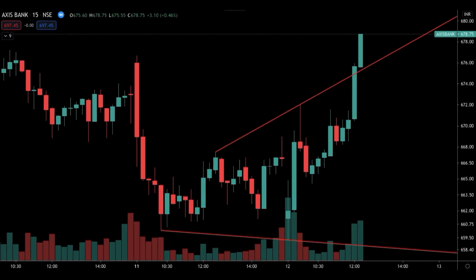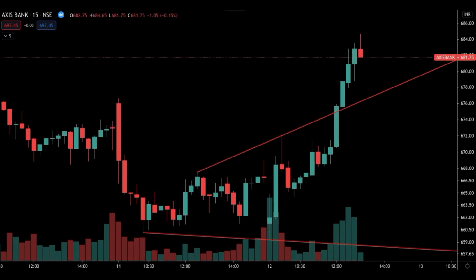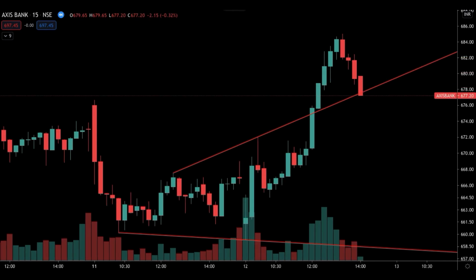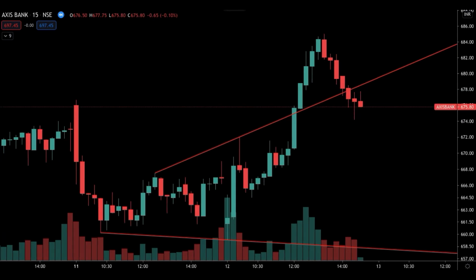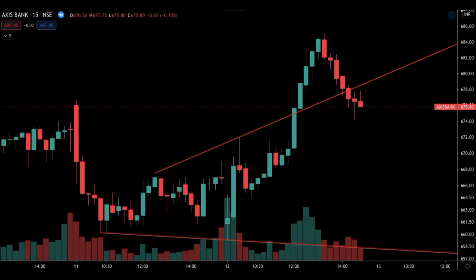Here it gave a breakout. Let's wait for the throwback. It's rising significantly, but a throwback comes. Here we will enter at 678. It gave a breakdown in the channel. We will keep our stop loss